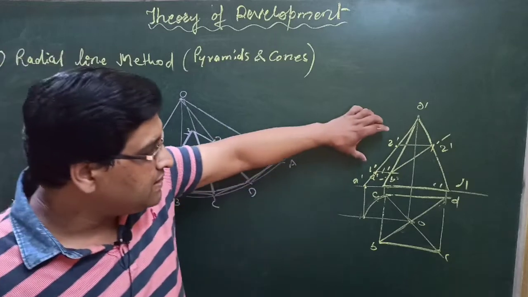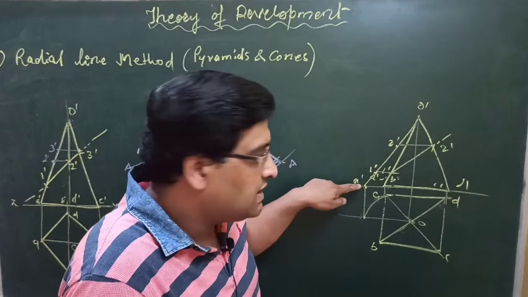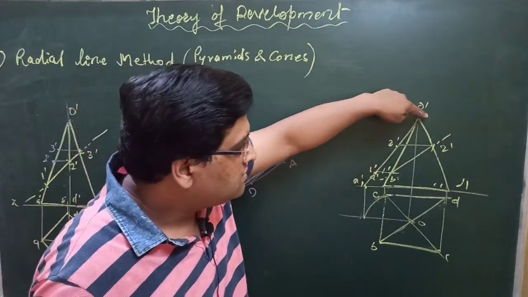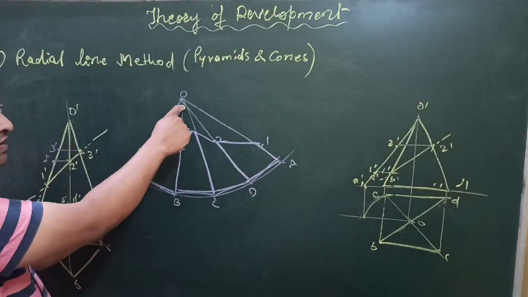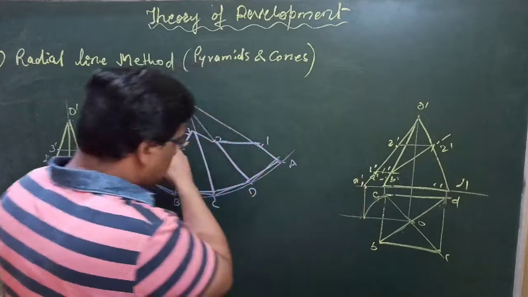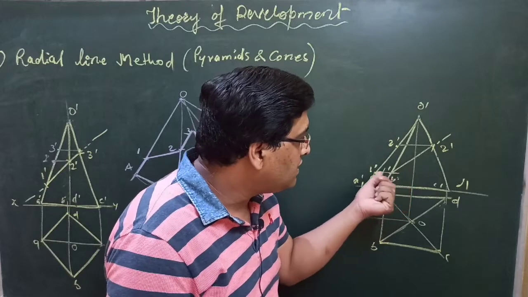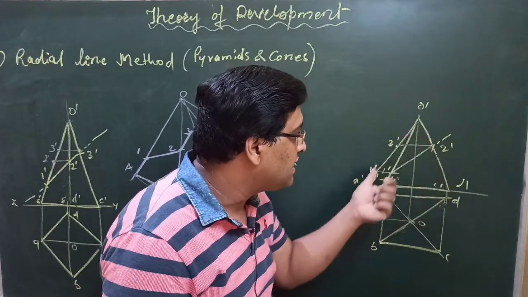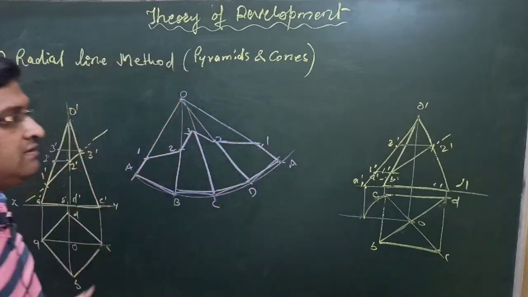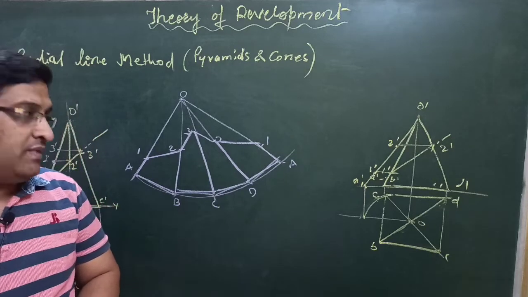Now everything will be done using this line O dash, A dash, new O dash, A1 dash, say for example. This line will represent true length. So you have to draw O to A using this line O dash, A1 dash. Draw the complete development. Then for taking distances, drop all the cutting point distances on this true length line and take distances from here only and then complete the development. So in this manner you can draw the development of pyramids.